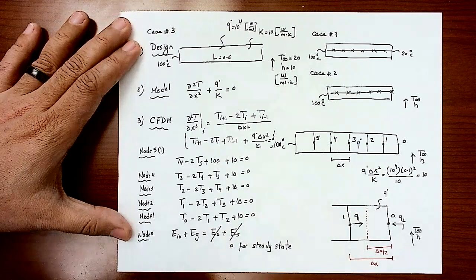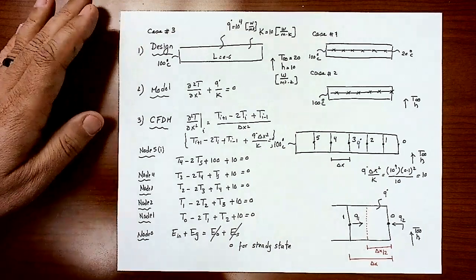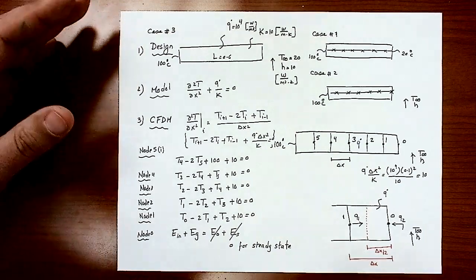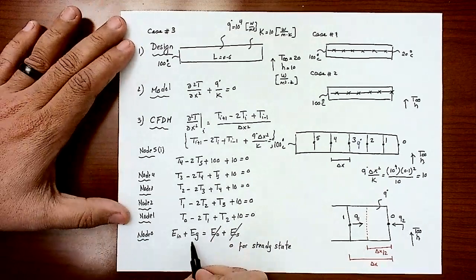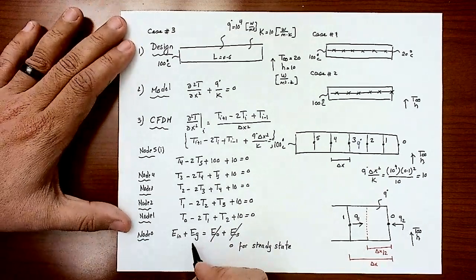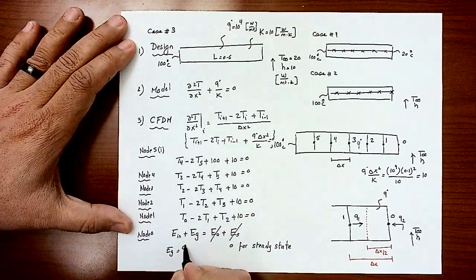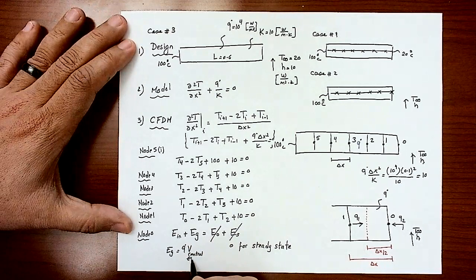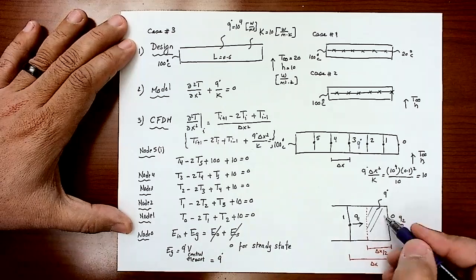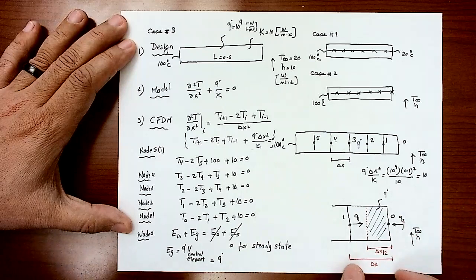This is 0 because all the energy is assumed to be coming in. Now, E generated is not 0 because I have a Q dot. So E generated is calculated from Q dot times the volume of the control element, so this will equal Q dot. What is the volume of the control element? I need the volume of this element, which is